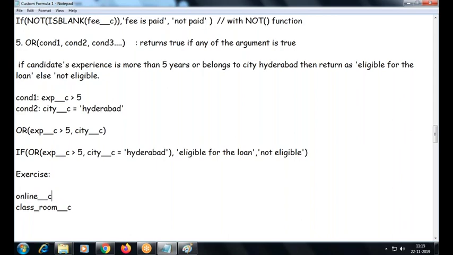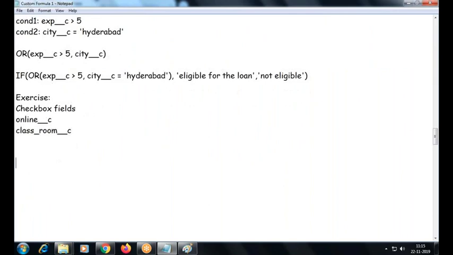Both are checkbox fields. I have checkbox fields, online and classroom, in the object. My requirement is: if the course is either online or classroom type, then return as